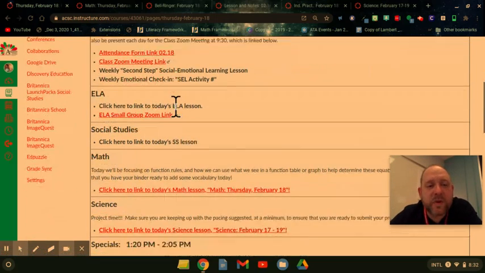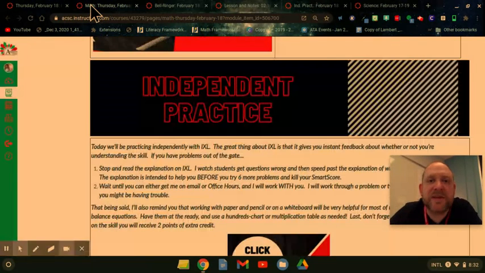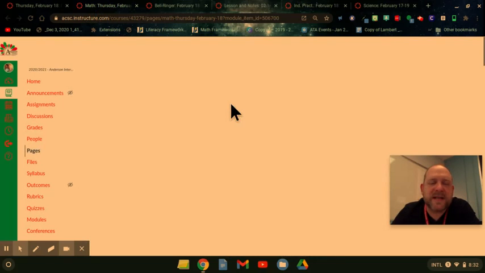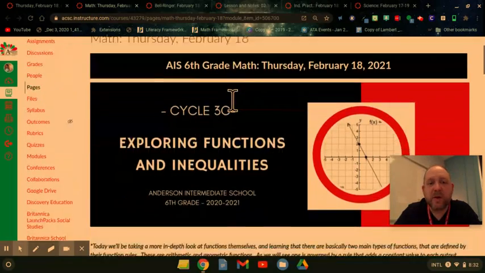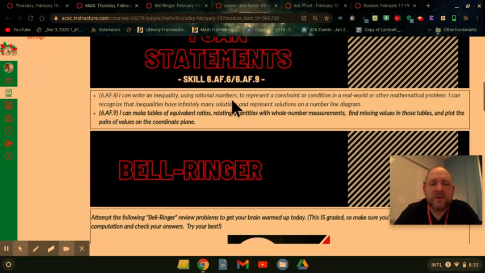All right, moving forward, I'll go down to math and science. So math today, I'm going to click on the page here because I've already got it pulled up. If it loads, there we go. So your math page today. We'll start at the top. Yesterday and the day before, we have been talking about different types of functions. Today we're going to talk more in depth about the different types of functions. We're going to get into